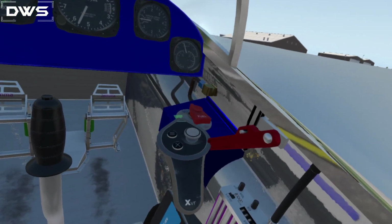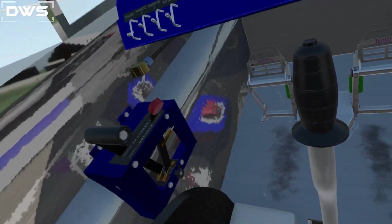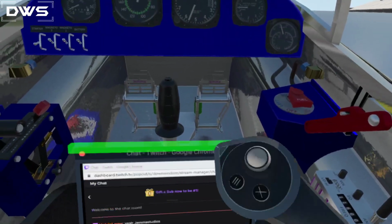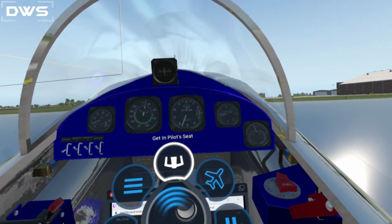No, the fuel gauge was cool. The fittings on the fuel lines are awesome. Looks like you've been to the plumbing store. Yep. Yeah, very well done. When I reset this,